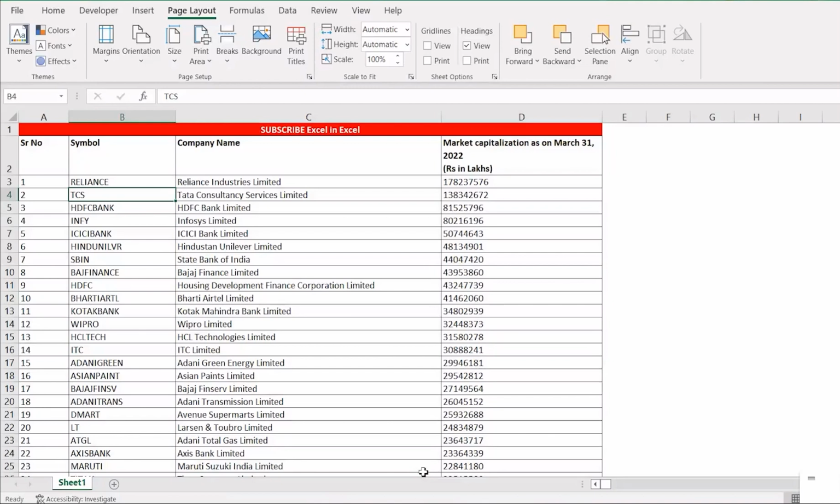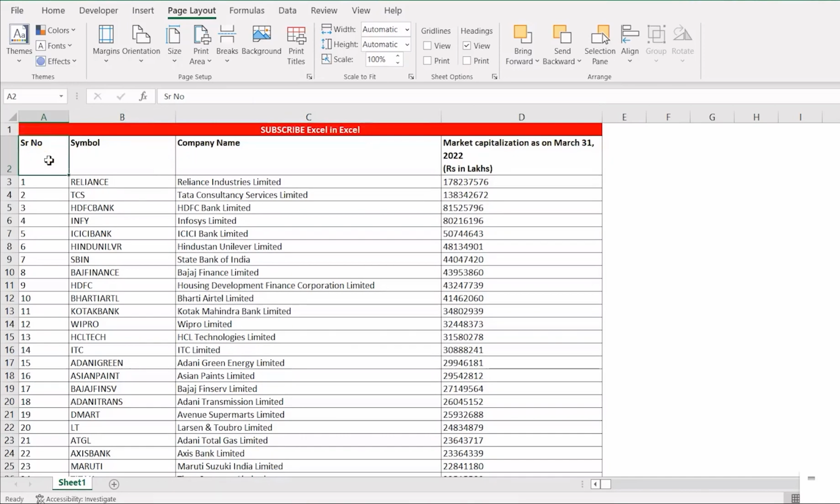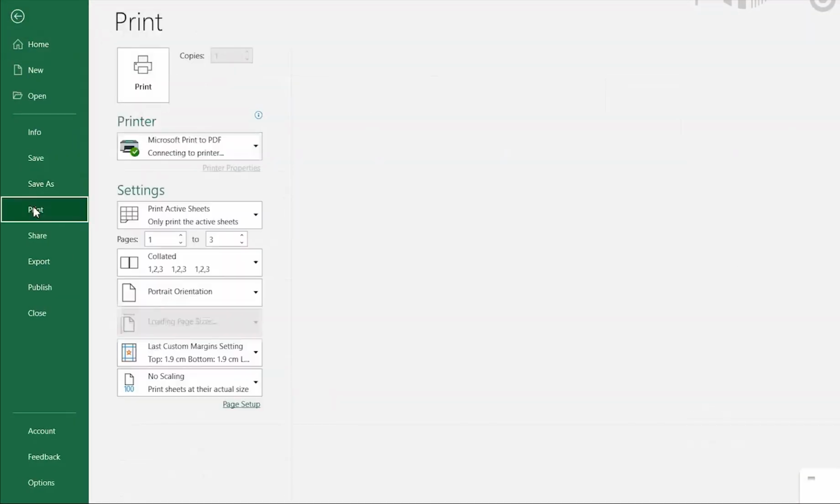Moving on to the other options that Excel provides related to the print area: the margin, the orientation, size, print area, breaks, etc. We will discuss all these options one by one. So I will move to the print preview area again, and start with the